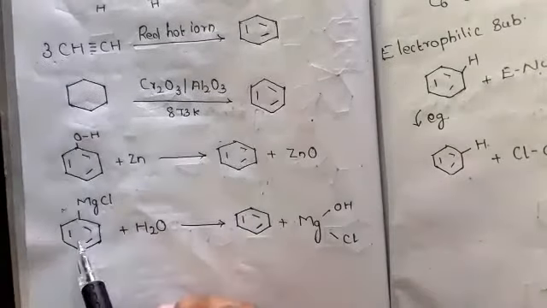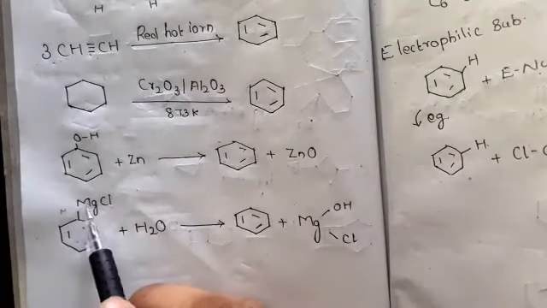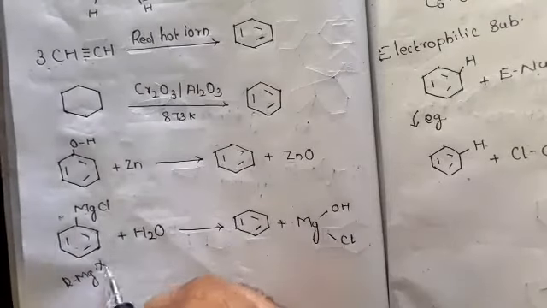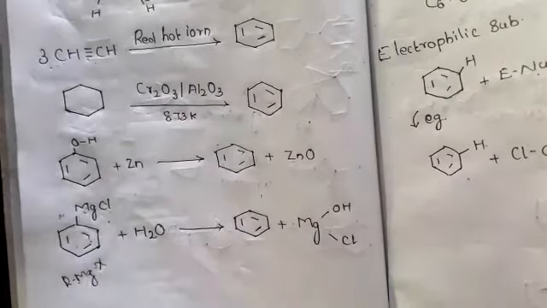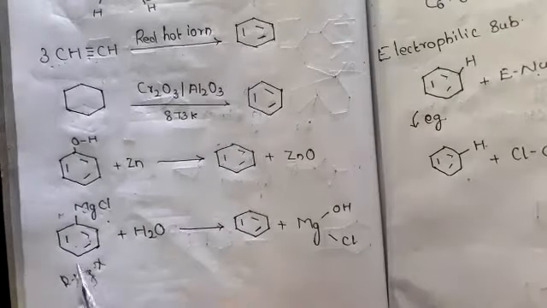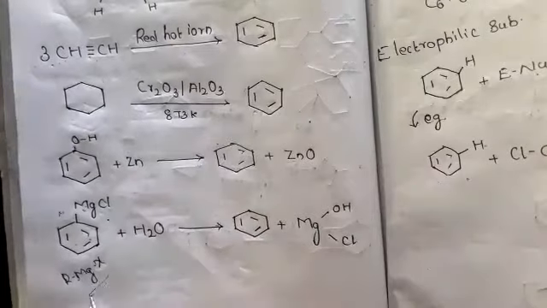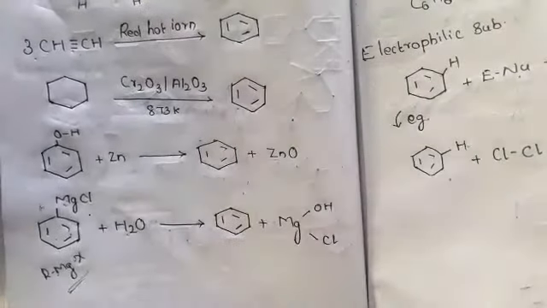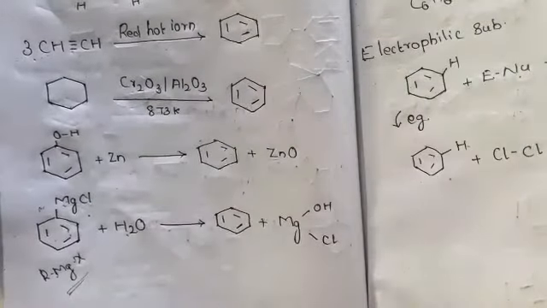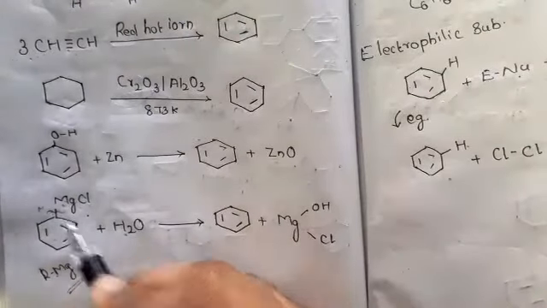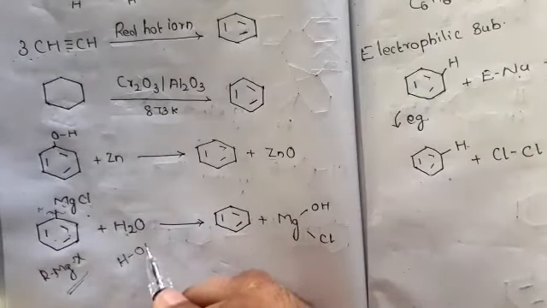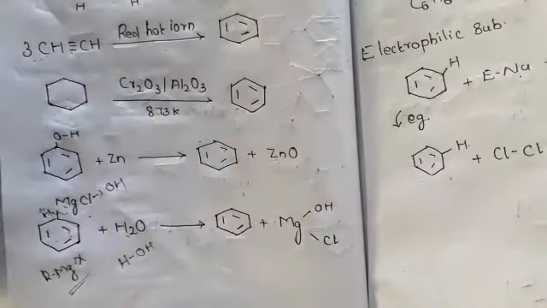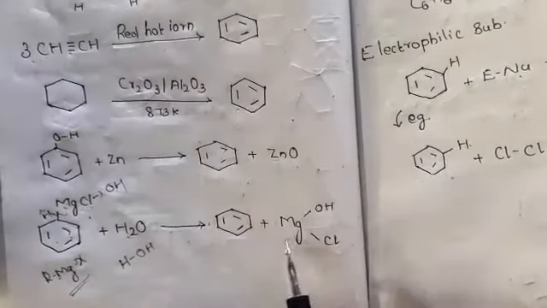So what is this? Organometallic compounds, that is R-Mg-X. X is a halogen, M is a metal, and R means alkyl, aryl, aromatic groups. This is technically called a Grignard reagent. On hydrolysis of a Grignard reagent you will get benzene, and this is how. Here the bond breaks. Water can be written as H and OH. H goes and adds to the ring, and OH adds to the organometallic compound. Okay, so benzene and Mg(OH)X.